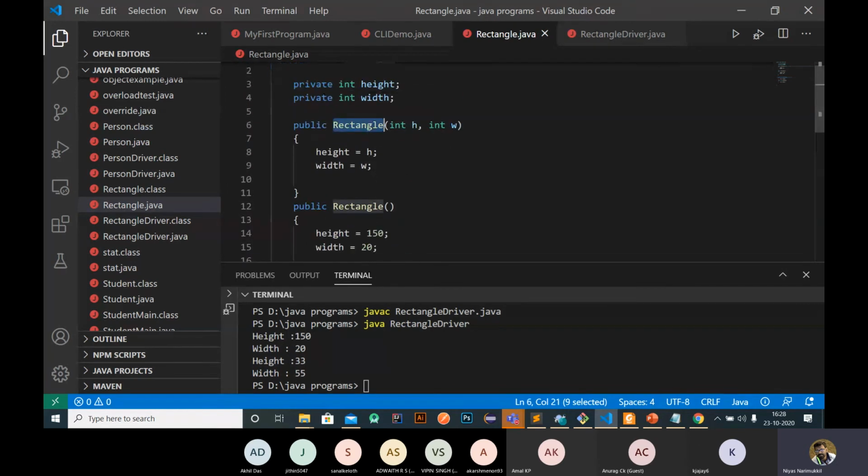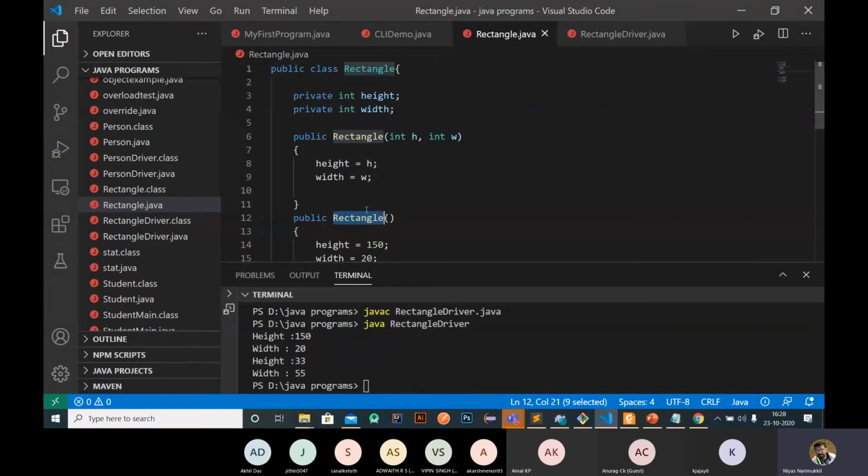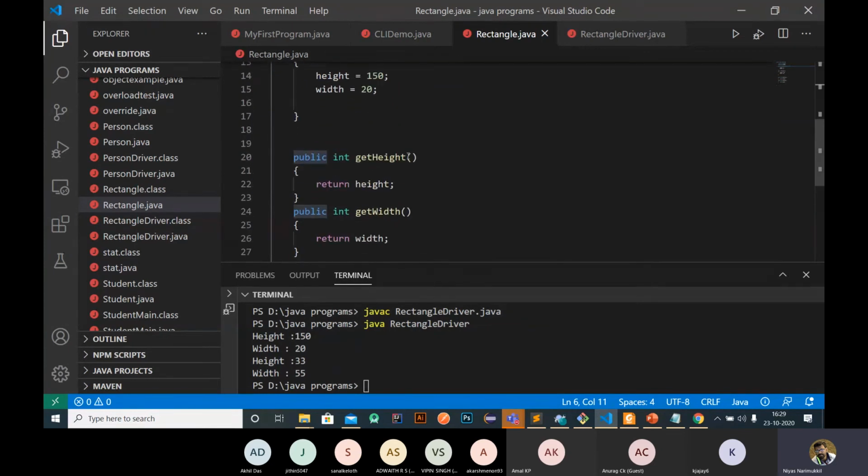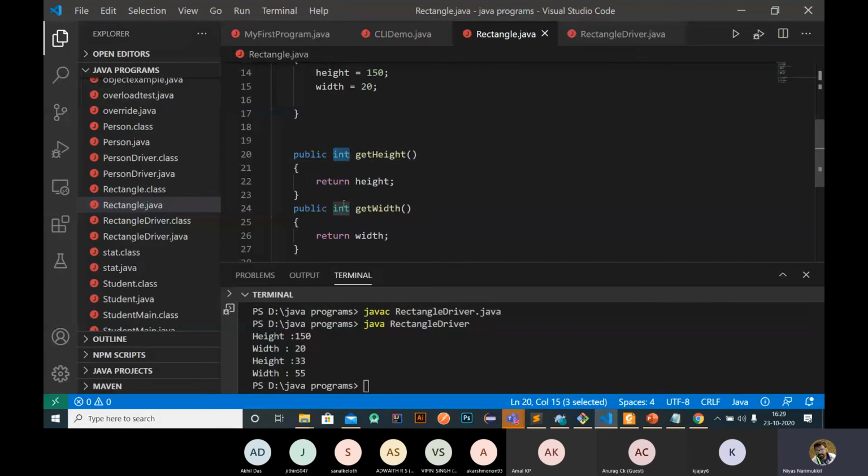We have two constructors here. Constructors are nothing but functions having the same name as the class, but there will be no return type present in the constructor. Constructors will not have any return type. Okay, but any other kind of method has a return type also.